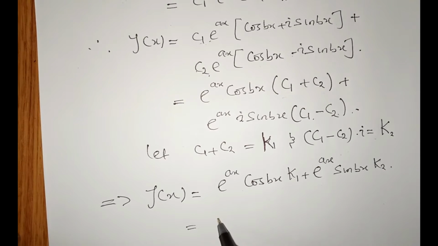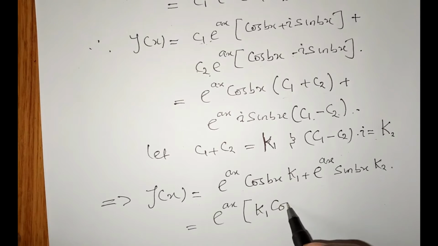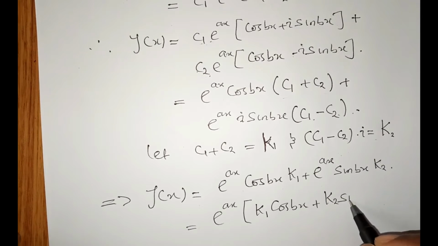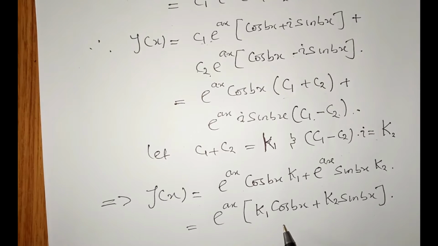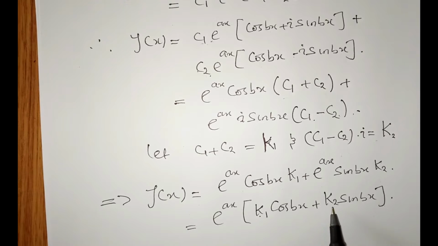So factorizing the exponential ax outside, we will have k1 cos bx plus k2 sine bx, which is the solution for the second order linear homogeneous equation with complex roots. K1 and K2 here are constants, just like C1 and C2 in the equation we defined. So from here we can just let K1 be equal to C1 and K2 be equal to C2,